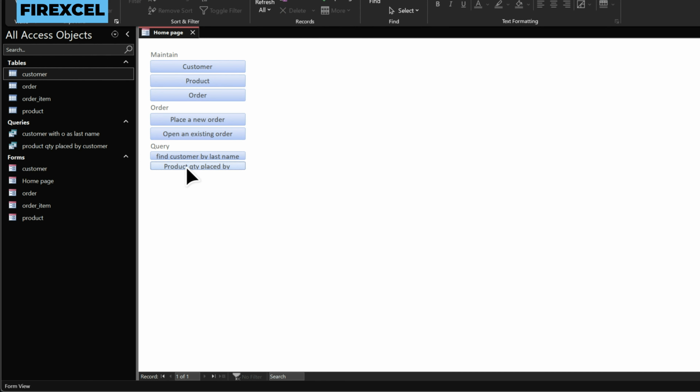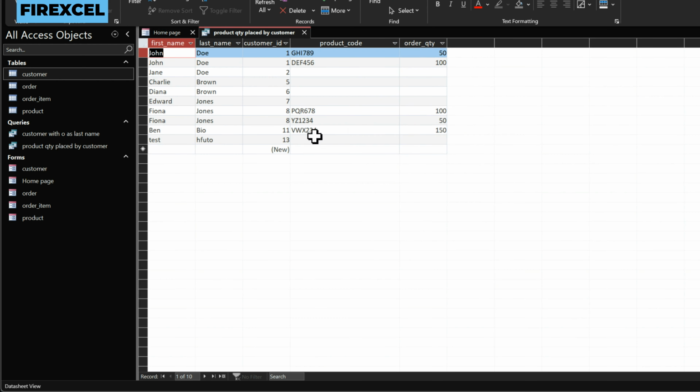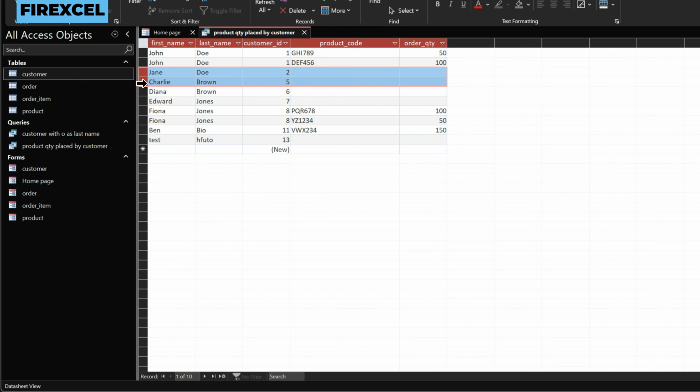Now we run this one. If we click this button, this comes up: enter the last name. The last name, I only remember there's an O inside that. So I click OK. Now it's returned every customer that has O in the last name, and also showing their corresponding product code and order quantity. Disregard whether they have an order placed or not, they will be